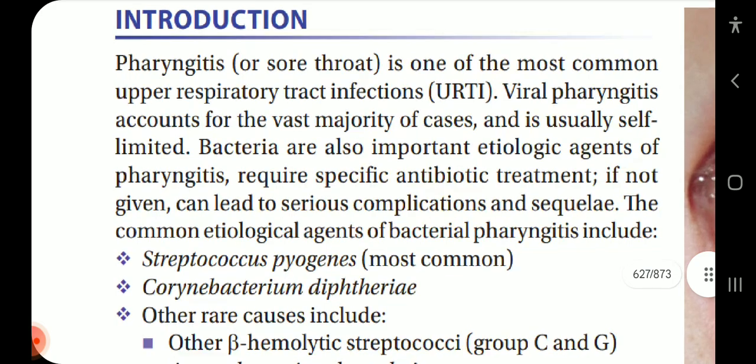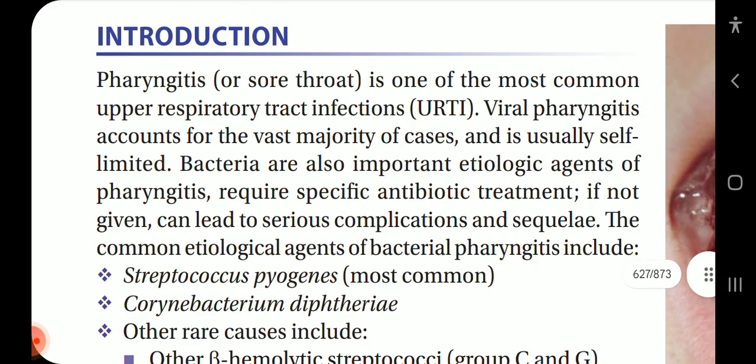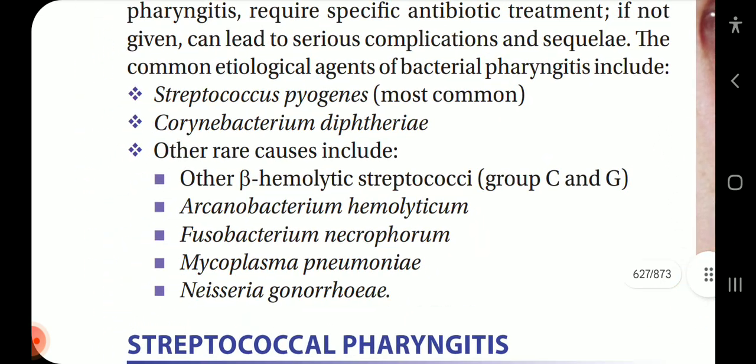Introduction. Pharyngitis or sore throat is one of the most common upper respiratory tract infections. Viral pharyngitis accounts for the vast majority of cases and is usually self-limited. Bacteria are also important etiologic agents of pharyngitis, require specific antibiotic treatment, and if not given can lead to serious complications and sequelae. The common etiological agents of bacterial pharyngitis include Streptococcus pyogenes, most common, Corynebacterium diphtheriae, and other rare causes